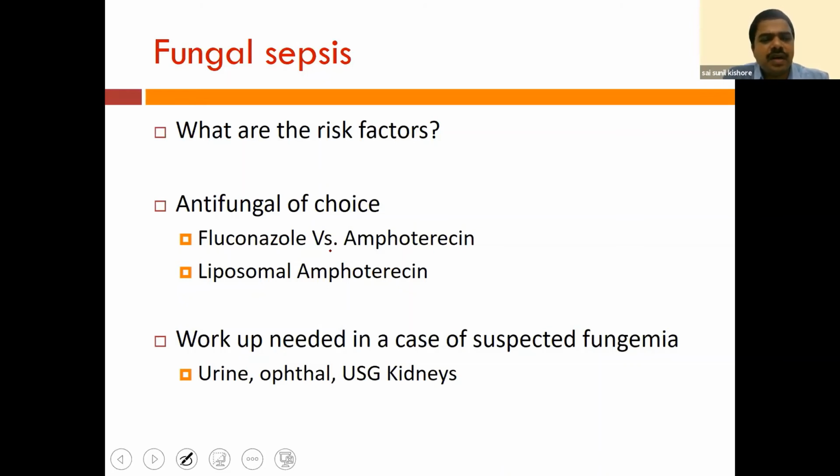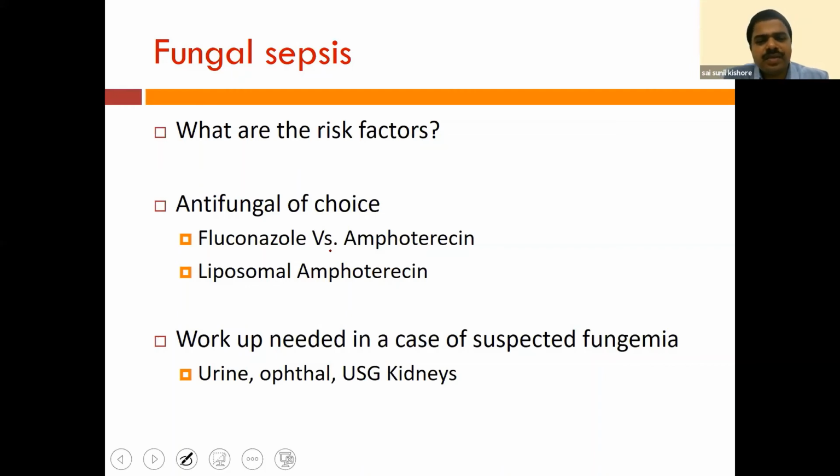So now what are the antifungals of choice? This again depends upon the unit organisms and their sensitivity. In most of the units, Candida albicans is the most common organism and it is commonly sensitive to fluconazole. So in most of the units we can start fluconazole, but in terms of efficacy, amphotericin is better. And second thing is if you are getting more of the non-albicans group, Candida non-albicans group, then in those scenarios you need to start amphotericin.